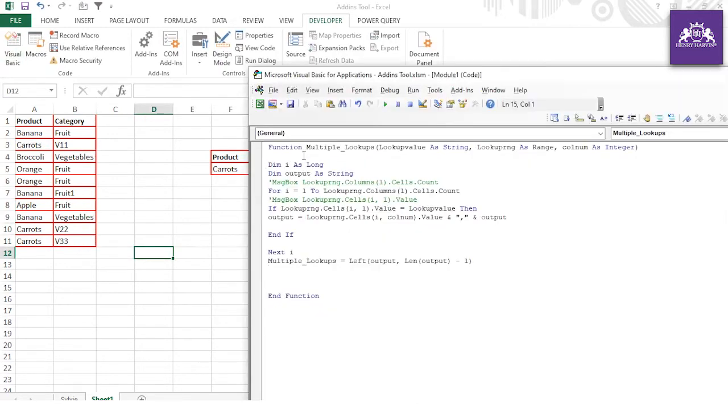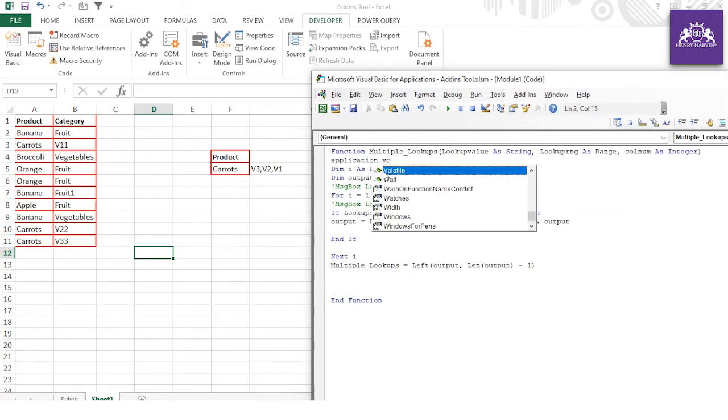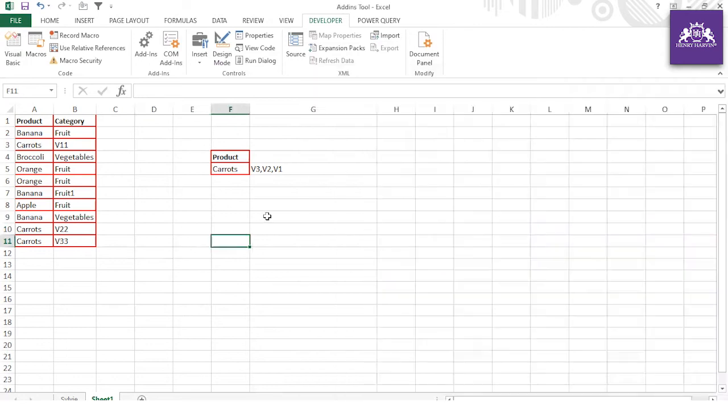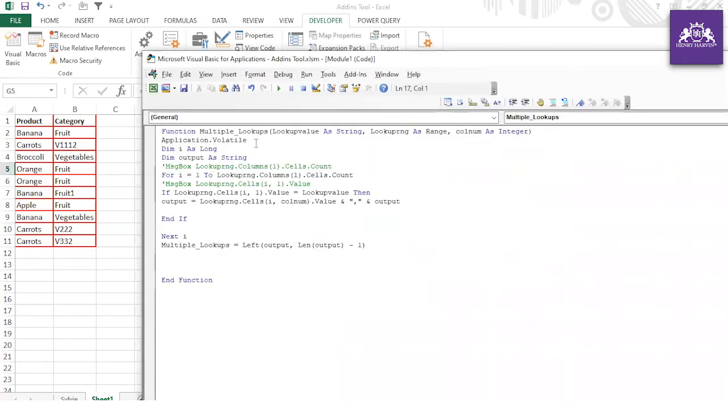So how to actually make it much more effective, so that once you change the value, the function itself will get recalculated. So you have to just put one line of syntax, application dot volatile. So you have to mention this line. So now if you just put this, see that automatically it is changing. All right, now you see, if I put 2, and if I put 2, immediately the function is getting recalculated. So guys understand why this line is very important.